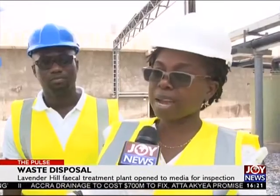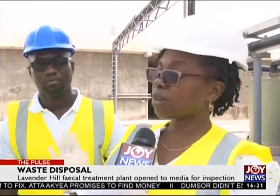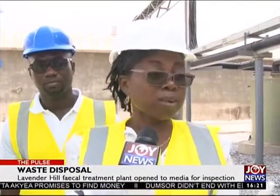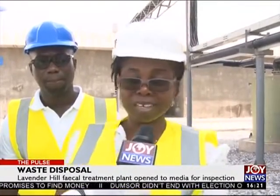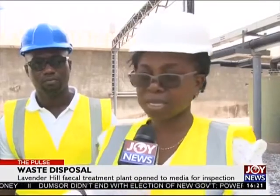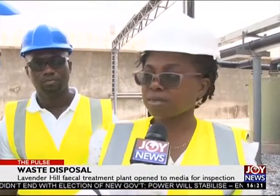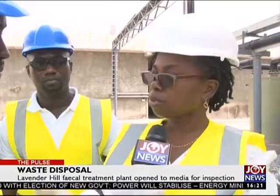It's removed, and currently it is sent to drying beds for drying, and then the effluent goes back into the regulating tank. And for now, the whole process is a biological process. So we need a biological process. You can't just put the thing in and then it's treating. We have to grow the microorganisms that would feed on the raw sewage that will come, and that process is yet to go on. We are now trying to grow the microorganisms, so we are not at that stage